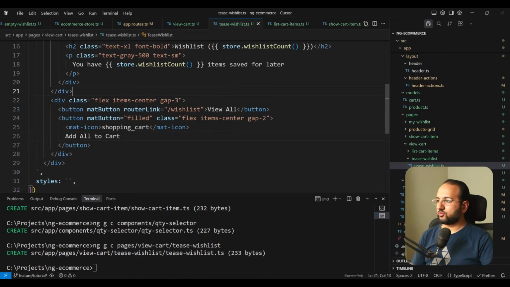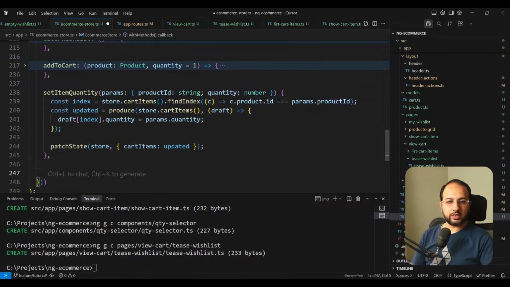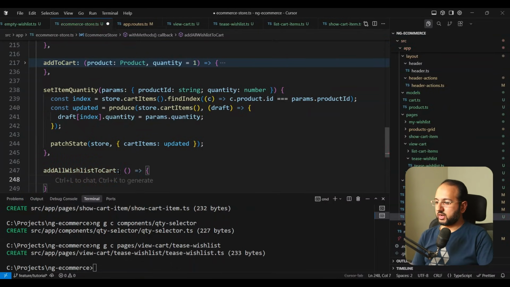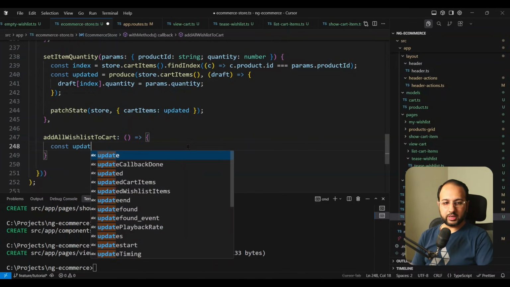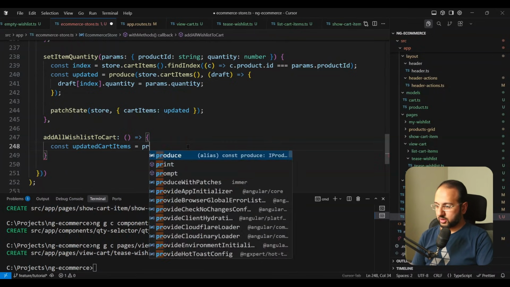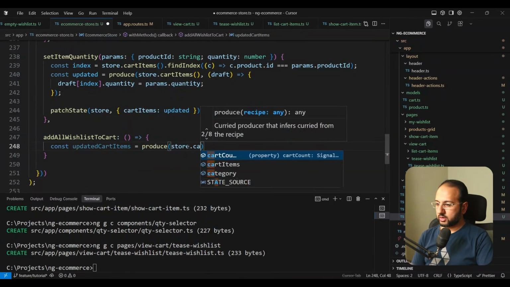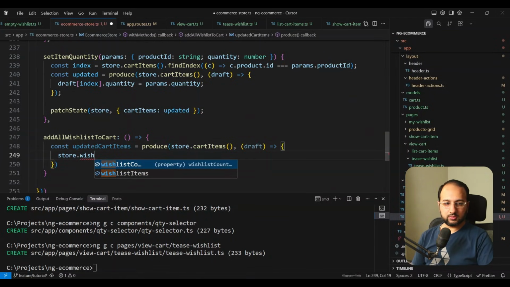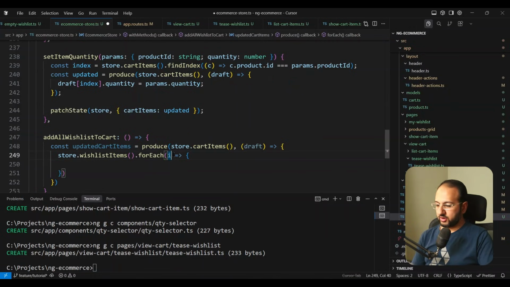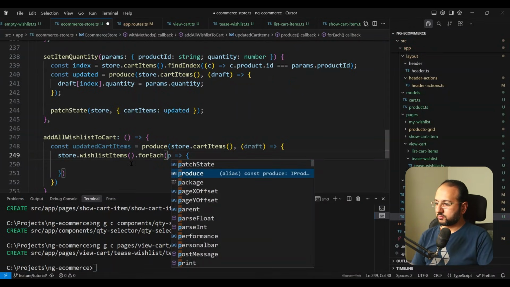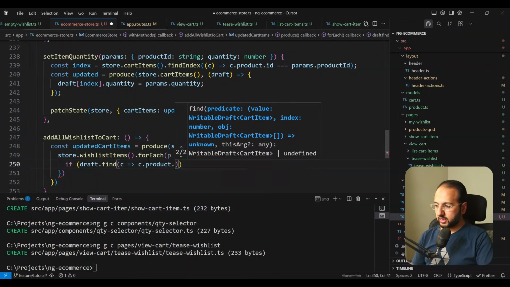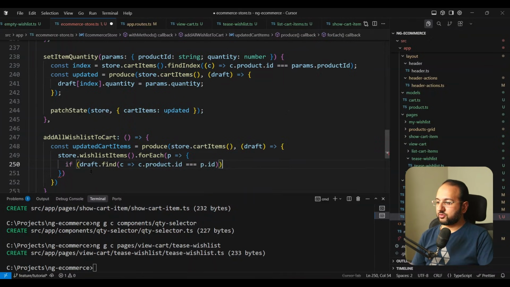Okay, so we want to add a store function where we are going to add things to the carts. Add all wish list to the cart. Okay, this is going to be a function. We don't need to send any parameters here. So we can do updated cart items directly here, and we can do produce again store.cart items, and in the draft we can simply do store.wishlist items, and for each item, or in fact let's make this p for a product. And so we're going to do if draft find c.product.id is equals to p.id, which means if it does